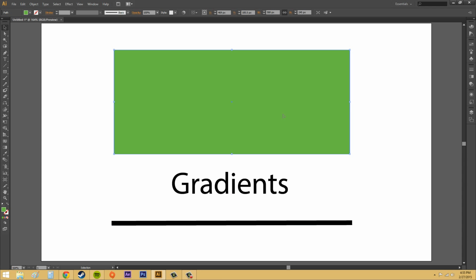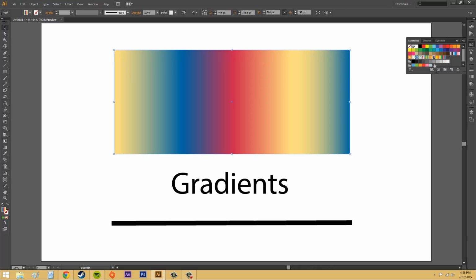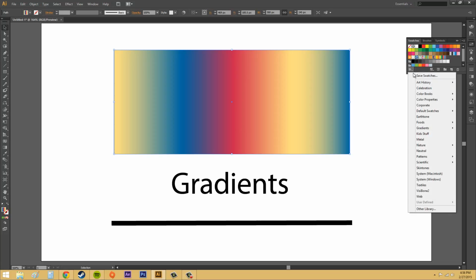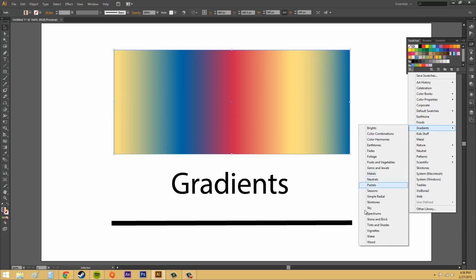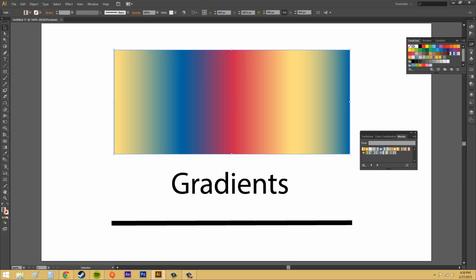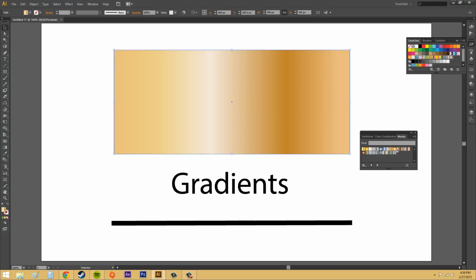All right. So now what we need to do is just go ahead and apply our new gradient that we want to use. So we go into the swatches panel, make sure your object is selected, and then you might have some gradients already on here. If you do, you can go ahead and select one of those, or you can go into the gradient library, click on this button here on the bottom left of the swatches panel, and then come down to gradients, and then you got a whole bunch of things that you can use. So let's go to something like metals. You can click on this to get some different metal color,